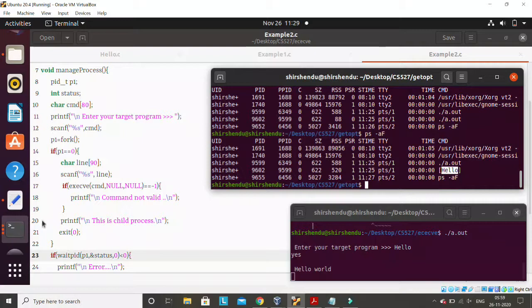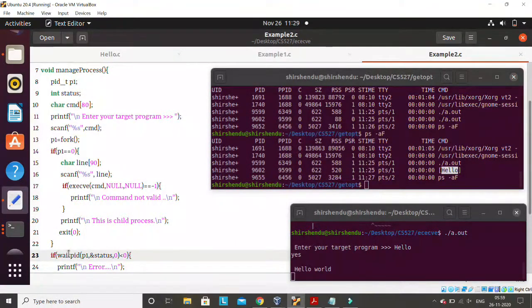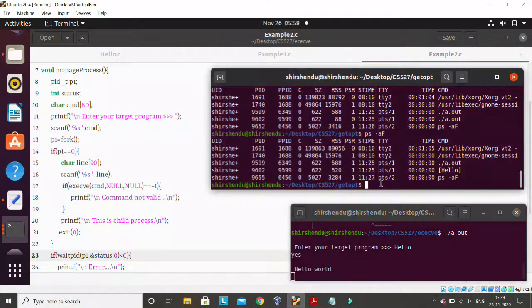And without terminating the child process, the parent process keeps on waiting in line number 23, right? So how to kill the child process? We don't have any explicit terminal. If we have a terminal where the child process is running, I think this terminal is running the child process, right? Yes. So if we press control c here, then I think the child process will terminate, but I will not do it. I will send a command to terminate it, kill. And what is the id of the child process? 9602. The moment I send this, I'm terminating the hello program.